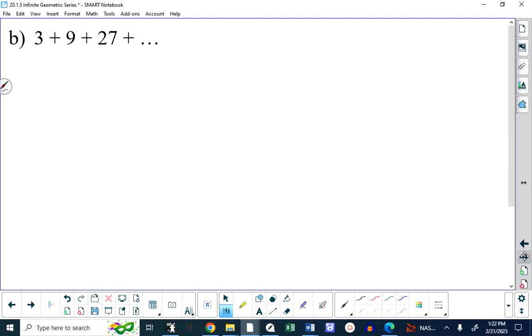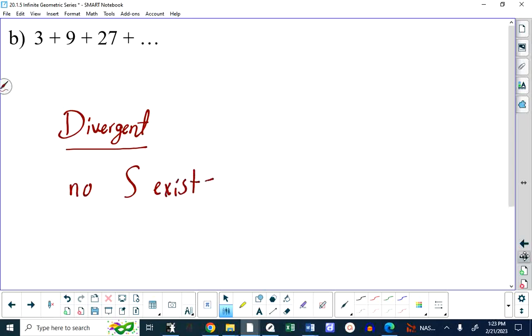Well, this is going to be divergent. I think it's pretty obvious that the numbers are getting larger, so you keep adding more and more. And not only are you adding more, you're adding bigger mores. You're adding numbers that are even bigger. So this will be divergent, which means no sum exists. I mean, you can find S10, you can find S a million, but there's no S of the entire